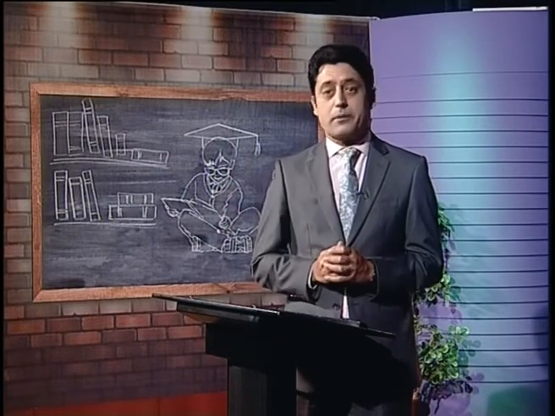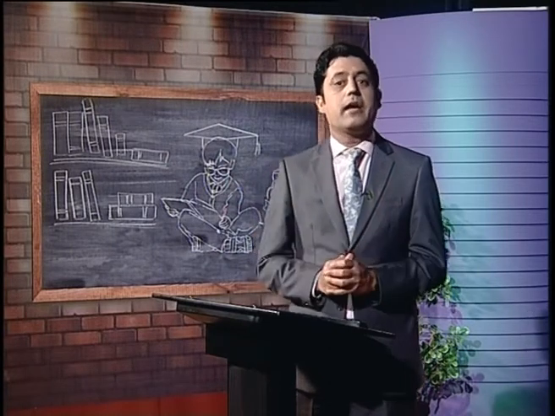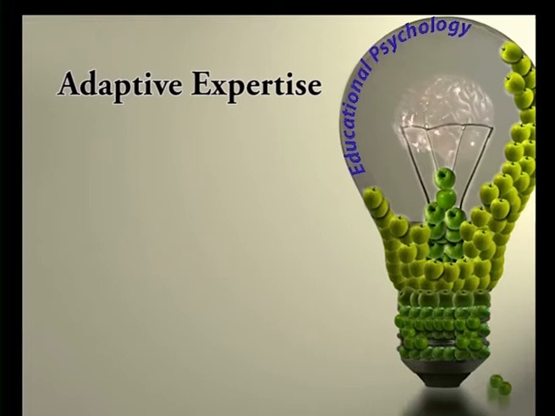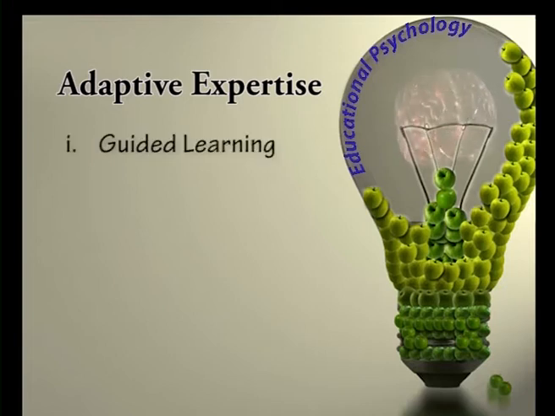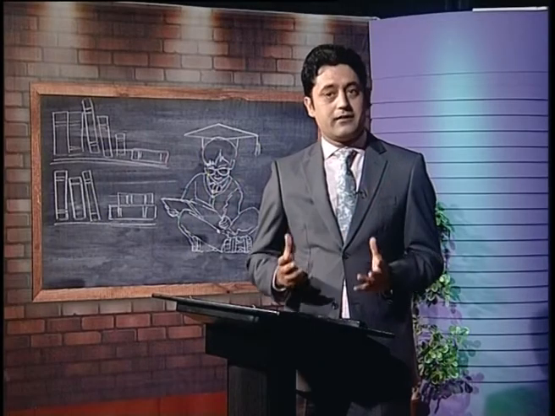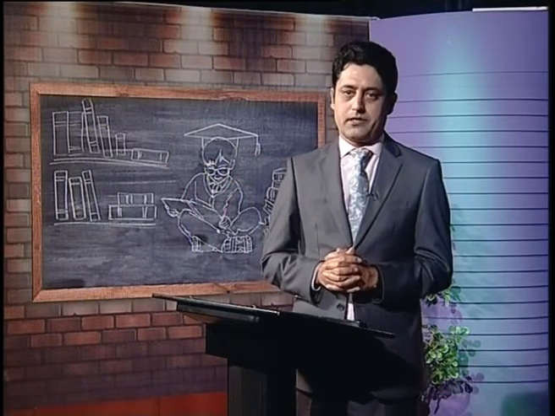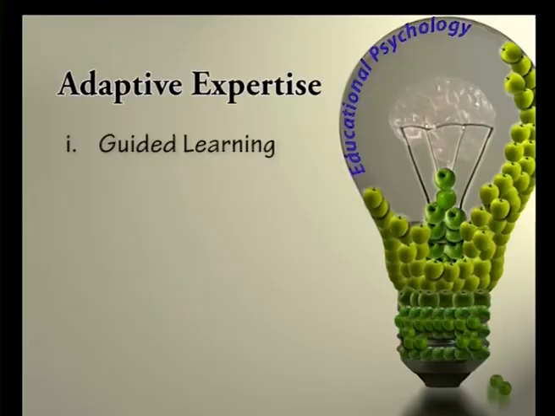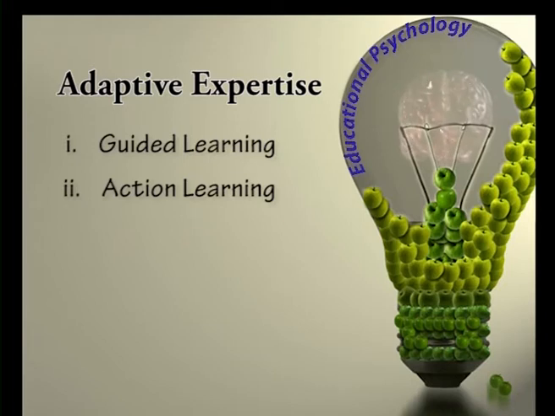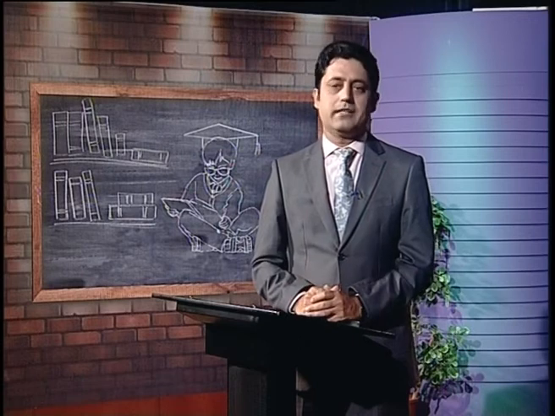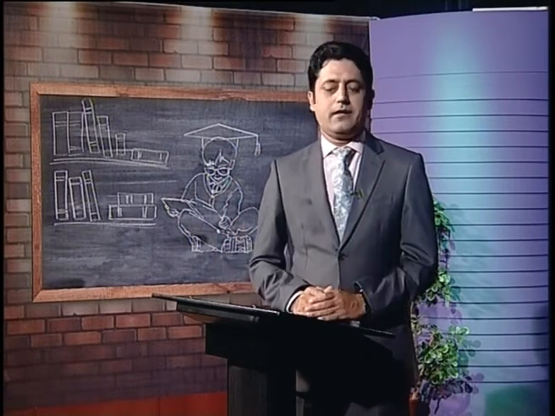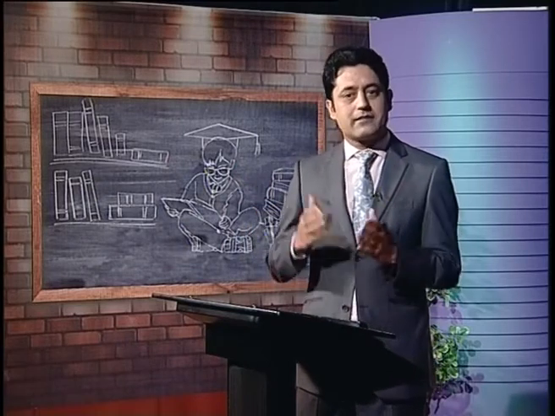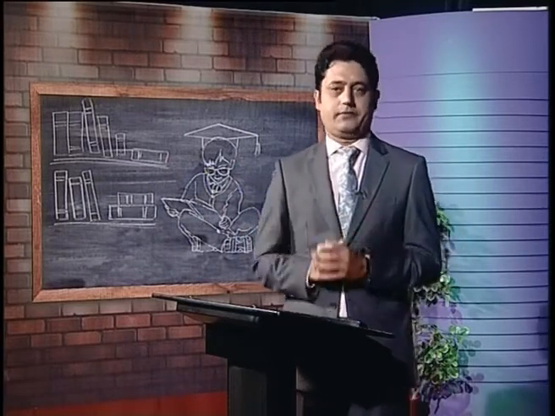There are different broad approaches that can help to develop adaptive expertise, such as guided learning. The teacher takes the main relevant decision about the goals of learning, learning strategies, and how to measure outcomes while taking care of feedback, judgments, and rewards. Now we'll talk about action learning. The learner plays a more active role in determining the objective of the learning than in guided learning. There is a strong element of learner self-organization and self-planning.